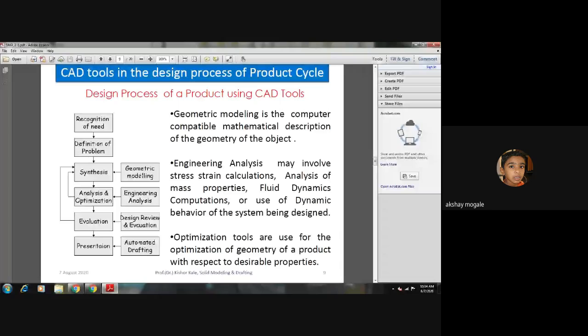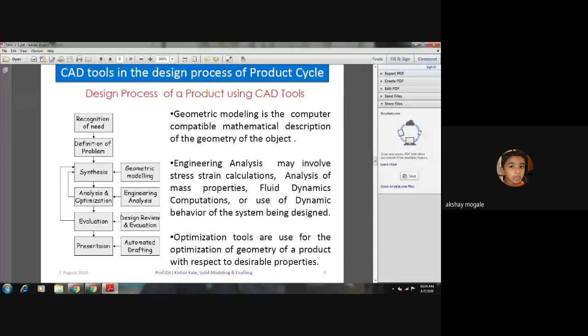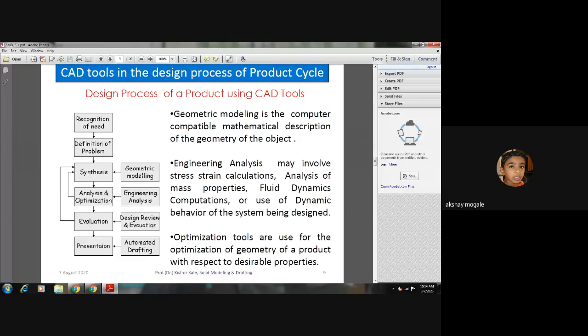We can just use our computers for that. That was regarding engineering analysis.